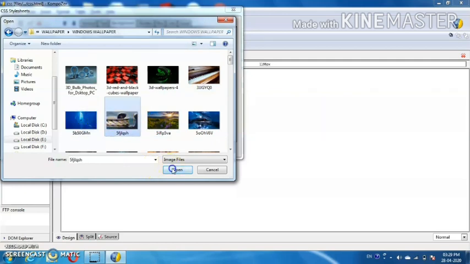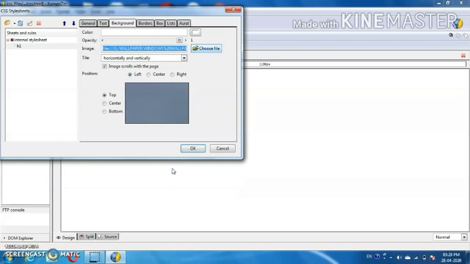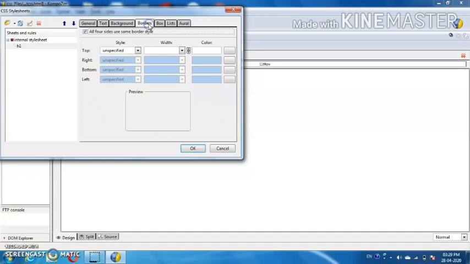I am going to take this as my background image. Now you can see many positions. I've selected center. That means the center position of the image will be displayed as a background. In background style, I'm going to take double.